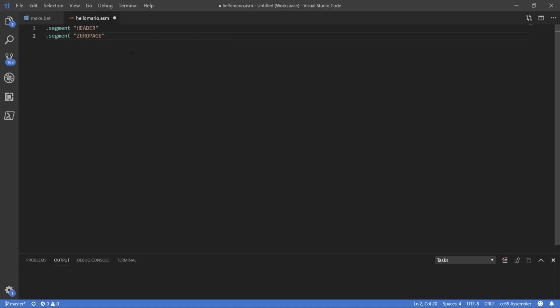And the 0 page is a location in memory that begins at memory offset 0 and goes all the way to memory offset FF. And it's called the 0 page because when you address memory, normally you have 2 bytes. You have the most significant byte and then the least significant byte. This 6502 has a special mode where if your memory is within 0 to FF, it doesn't require the use